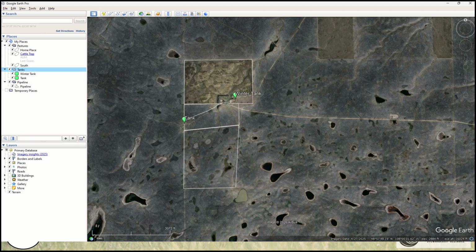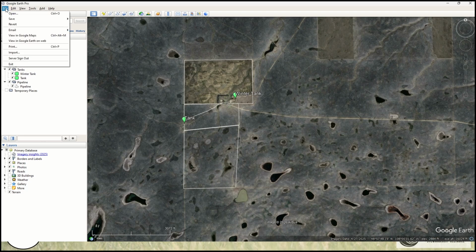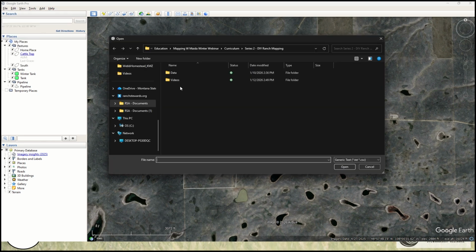And then I had somebody ask me in the last session of Mapping with Maida how you can import a shapefile into these applications, so we're going to go over that really quick. To import a shapefile into Google Earth Pro, it needs to be a smaller shapefile, so it can't be county level data or something like that. It needs to be a smaller shapefile, and to do that, you go up to your File tab at the top of Google Earth Pro, and then you can click this Import button,